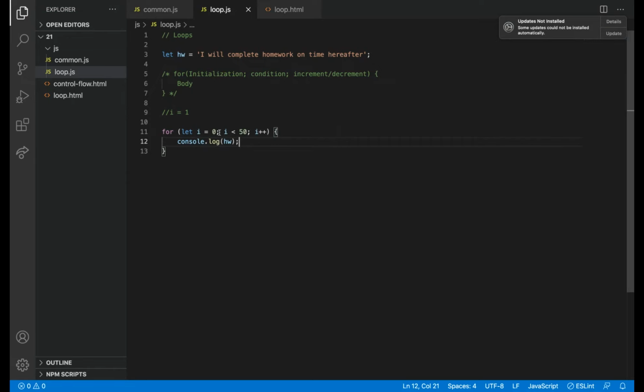Initialization executes only one time, when we start the loop. That's it. It won't go again and again. So it will increment and then just check the condition.